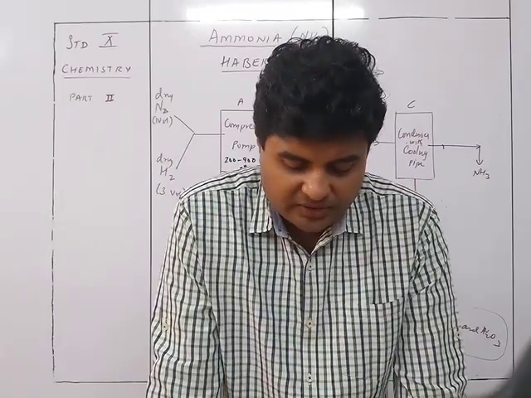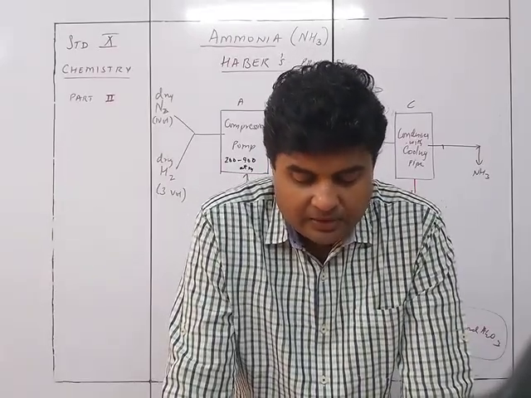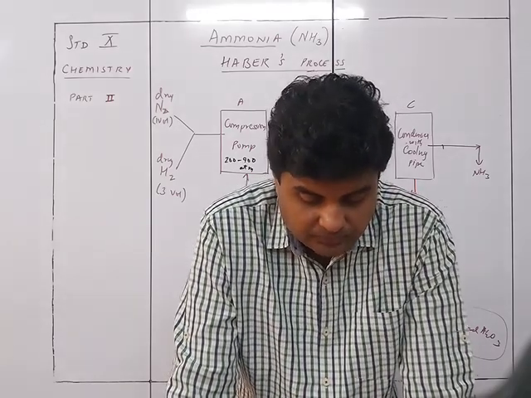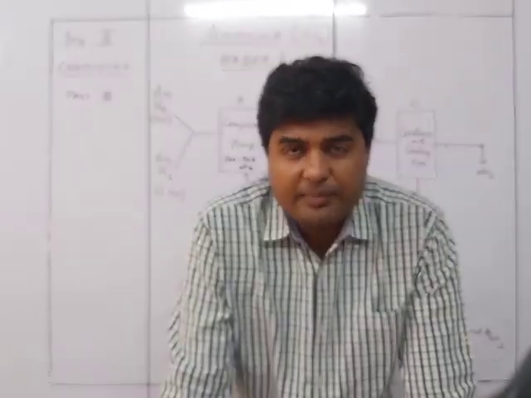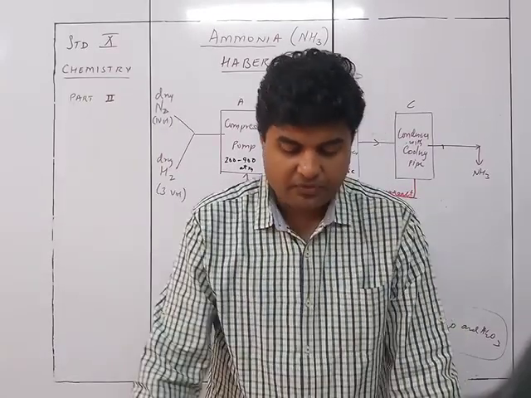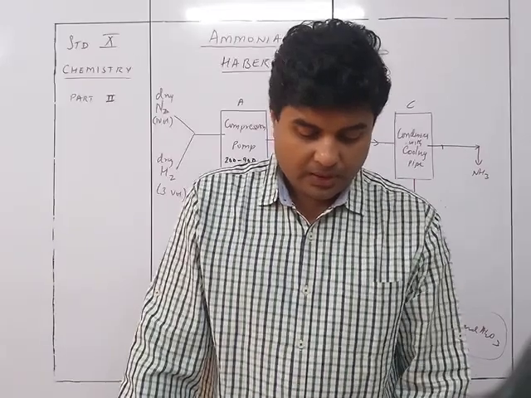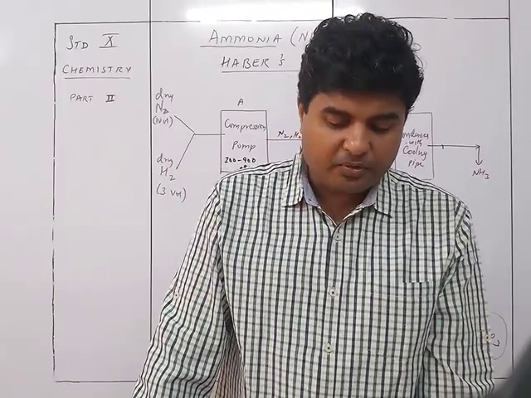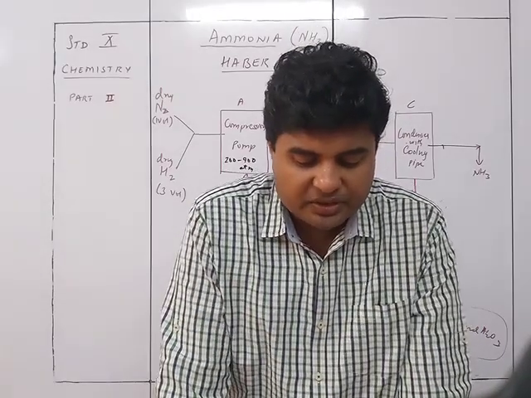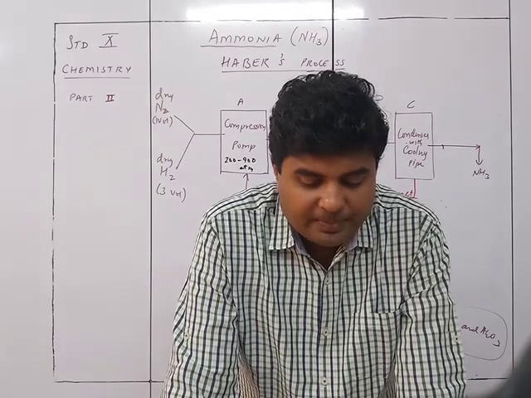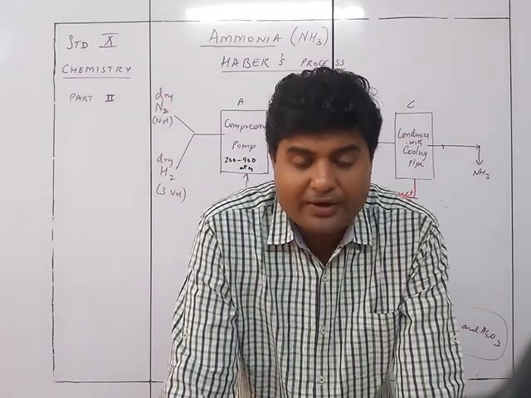The reaction is exothermic, so a higher percent yield of ammonia is favored by lowering the temperature. So if you reduce the temperature a bit, it is favored as per Le Chatelier's principle. However, if the temperature is low, the speed of the reaction is slow and the yield of ammonia is low. Hence, an optimum temperature of 450 to 500 degrees Celsius is used in the above process. Above this temperature, the ammonia may decompose to give you nitrogen and hydrogen.